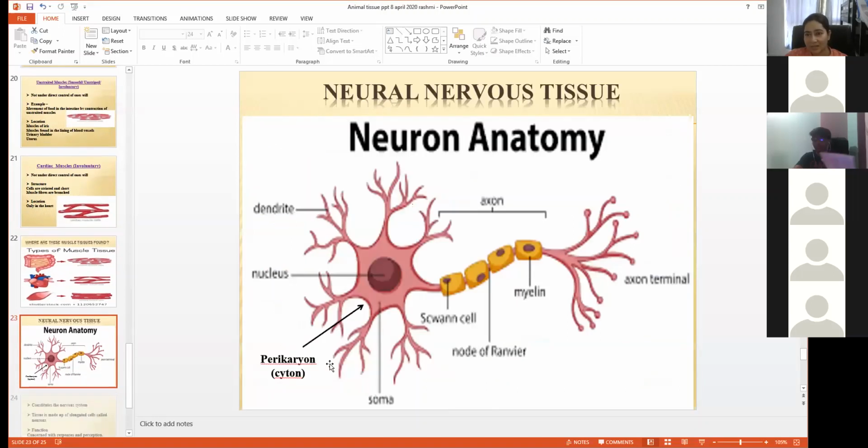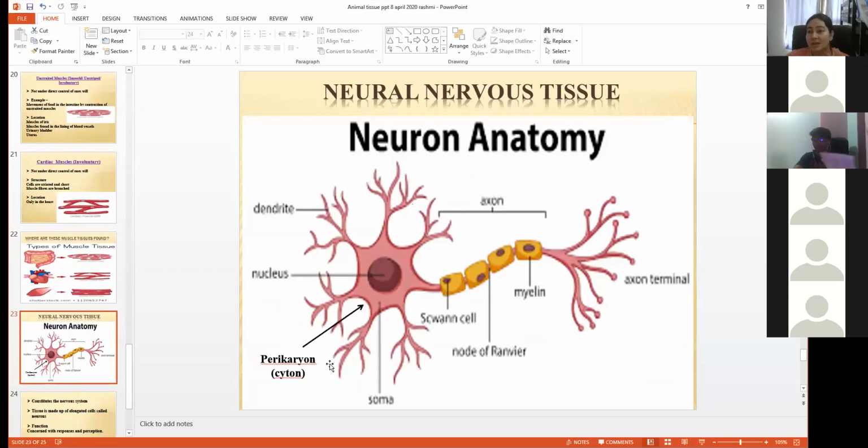Okay, and lastly, we move on to the last part, and it's also one of the most important parts of your body, an important tissue, which is called the neural or nervous tissue. Now, students, in the neural tissue, you feel a sensation of touch. You are able to sense, you're able to gauge the environment. Why is it so? It's all because of the neural tissue. This neural tissue is made up of neurons. It is the functional unit of the nervous tissue. This is how a neuron looks like.